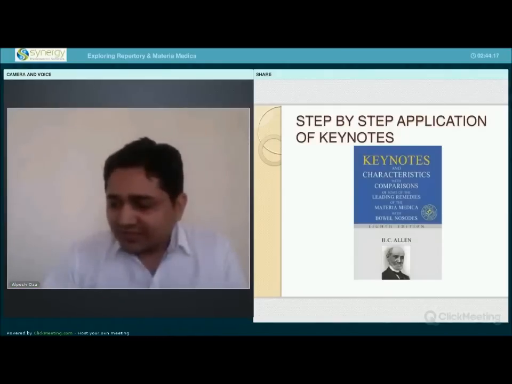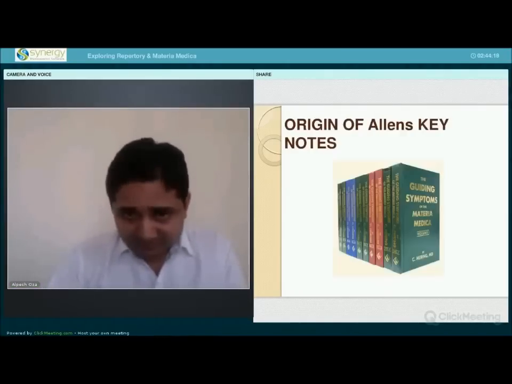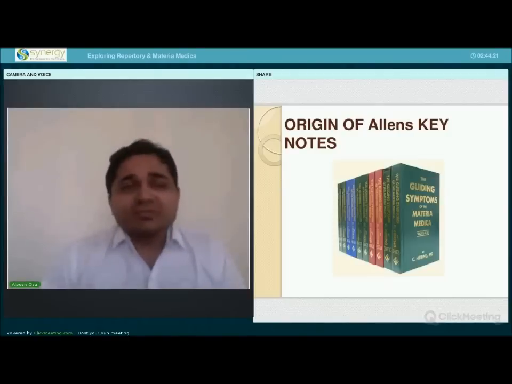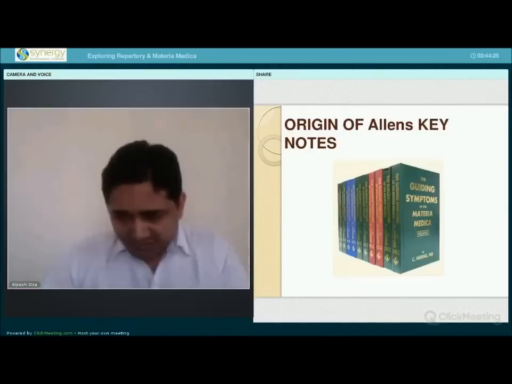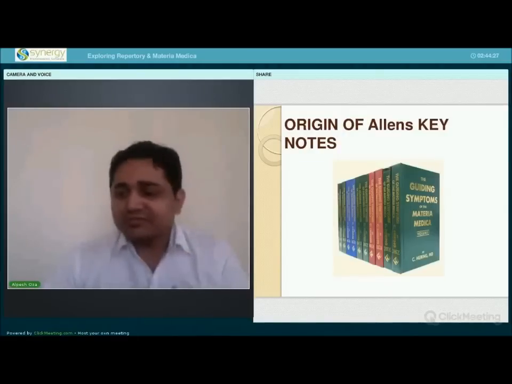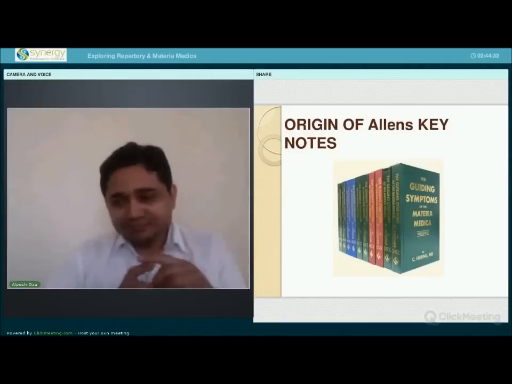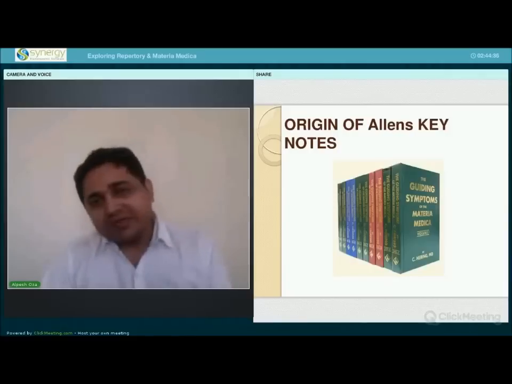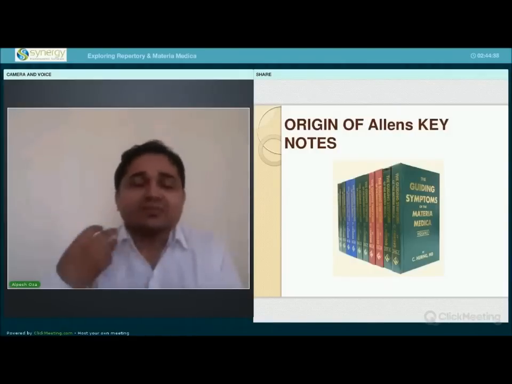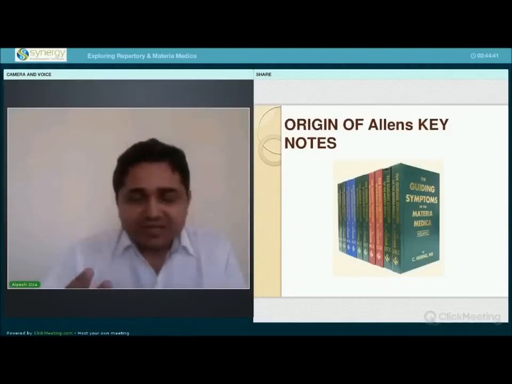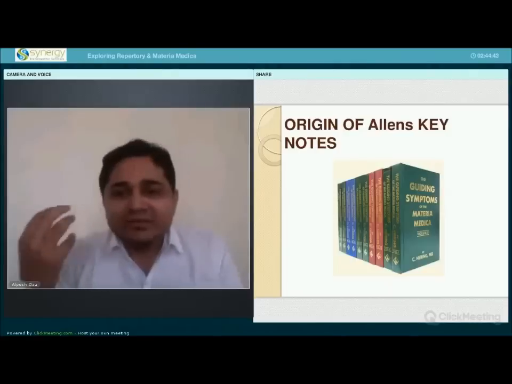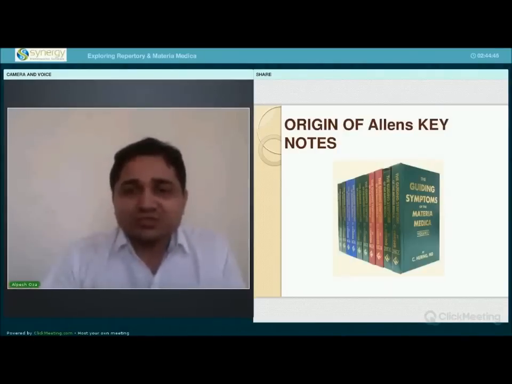So this structure of the keynotes is mainly on various different symptoms. It includes clinical symptoms, some constitutional symptoms, some strange peculiar connections between two remedies. But basically, these keynotes that we are reading today, or even we have read in college days, are the extraction of one very important source book, and that source book is Hering's Guiding Symptoms.